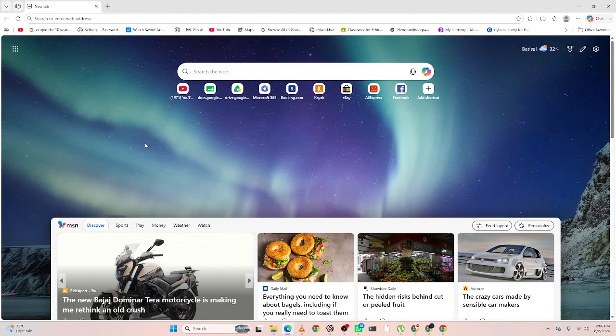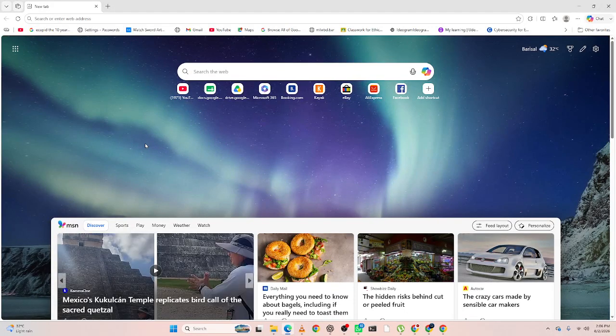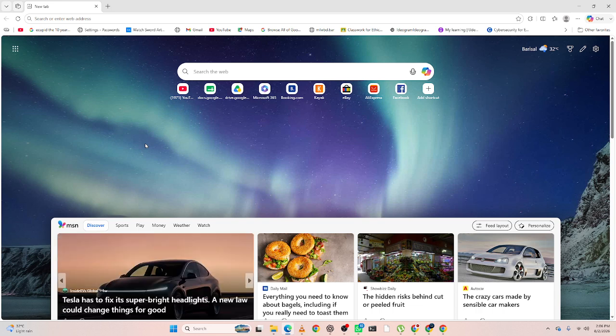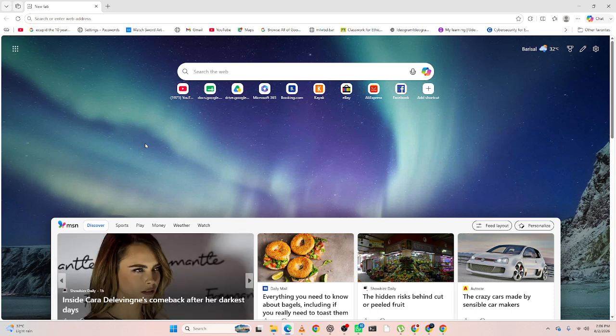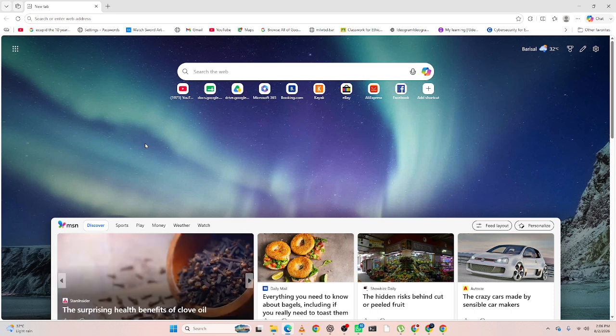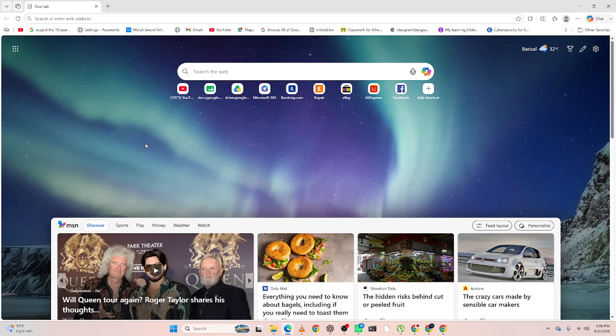Hey everyone, want to use Read Aloud in Microsoft Edge? Read Aloud is a built-in accessibility feature that reads web pages, PDF documents, and other supported content out loud using natural-sounding voices. It's great for studying, multitasking, proofreading, or making online content easier to follow. In this full guide, I'll show you how to use Read Aloud in Microsoft Edge in 2026, so let's get